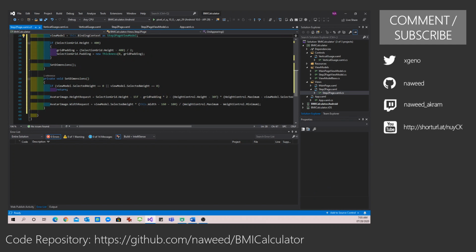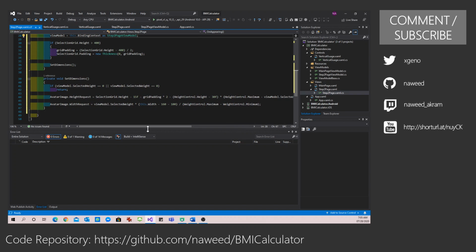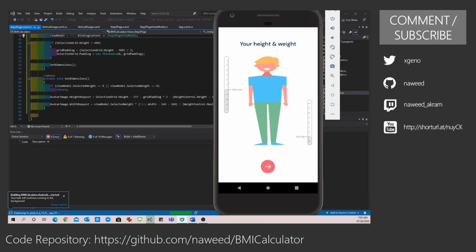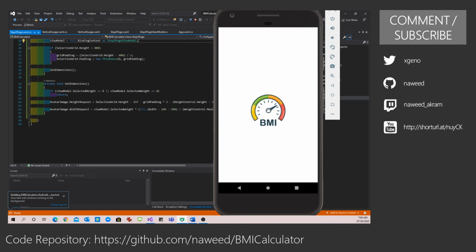What I want to do is set its height and width based on a simple calculation, depending on the actual height, the scale of the controls, the minimum and maximum value and the current indicator value. I want to set the width and height. So let me go back and run this application, and now you will notice that the width and height would be adjusted according to that 160 and 60 kgs that we had initially set.